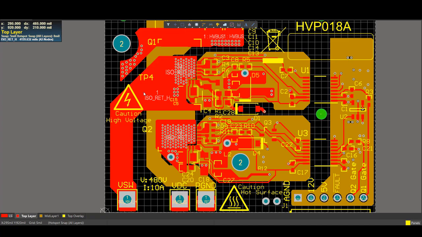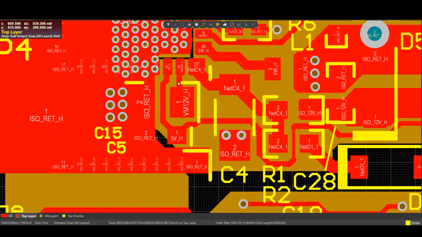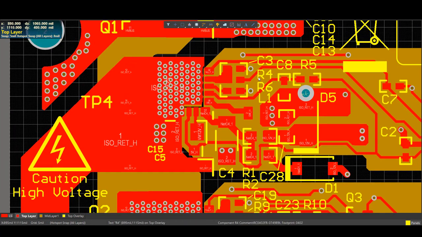Let's zoom in and look at the bypass capacitors. Like we recommended in the slides, the VNEG cap is closest to the pin, as well as the 5 volt, VDD, and VIN caps. There are no signal vias inside the heatsink area, and the signal close to the high dV/dt, like the fault signal on the low side device, is properly shielded. Lastly, the Kelvin connection for the ground plane is close to the source of the IC, which minimizes the parasitic inductance along the path.